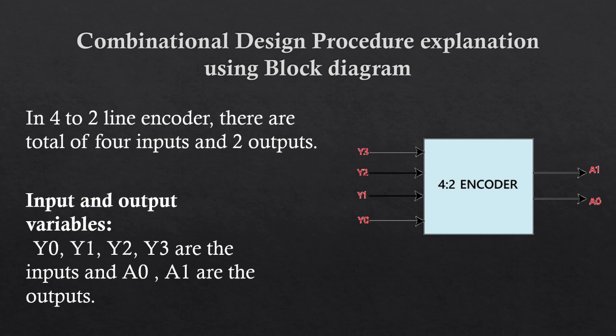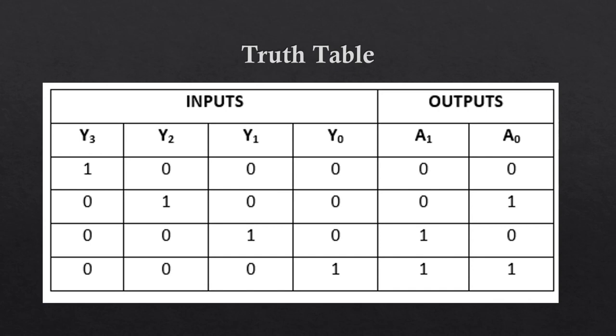So basically in a 4 to 2 line encoder, there are a total of 4 inputs and 2 outputs. The 4 inputs being y0, y1, y2 and y3, and the outputs are a0 and a1. So this is the truth table of the inputs and outputs. We'll just get back here once we move on to the